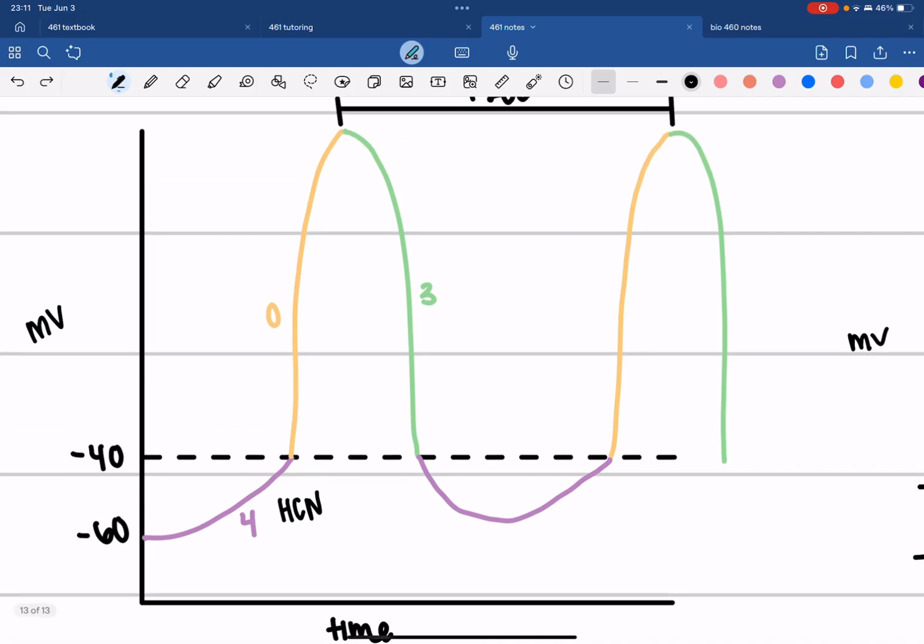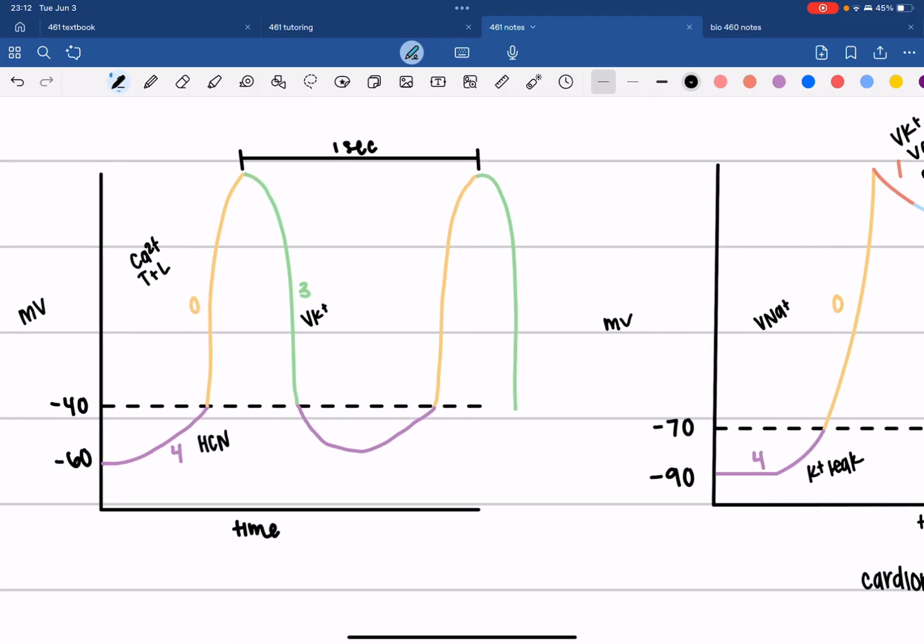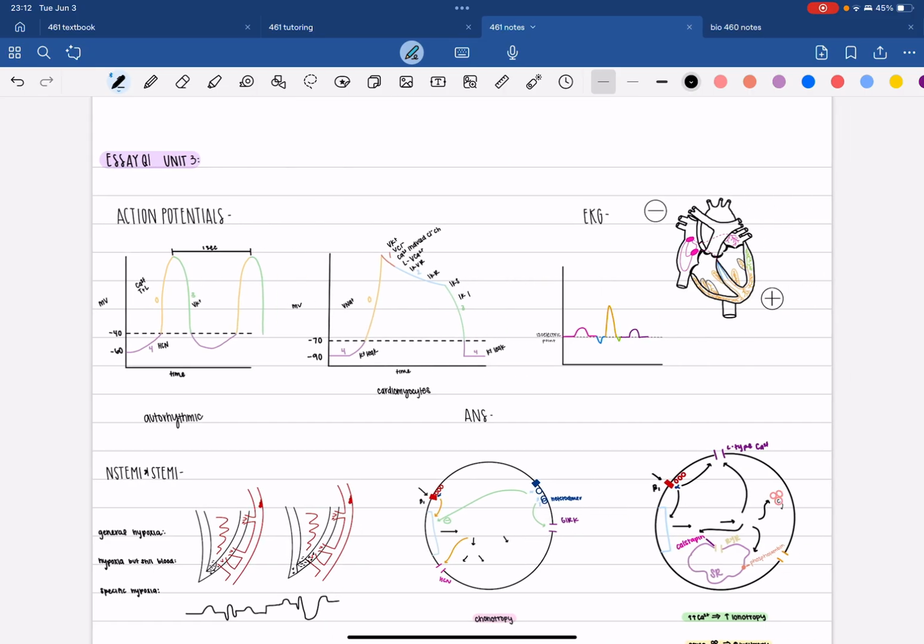Then if we've already used a sodium channel, we would have to use a different ion in order to cause depolarization. And this is where we're going to bring in our awesome little calcium channels. We're going to have both types here: our T and L type calcium channels. Then it's super simple. On the way back down, we're just going to use our voltage-gated potassium channel. And those are going to be your action potentials, which is so fascinating.